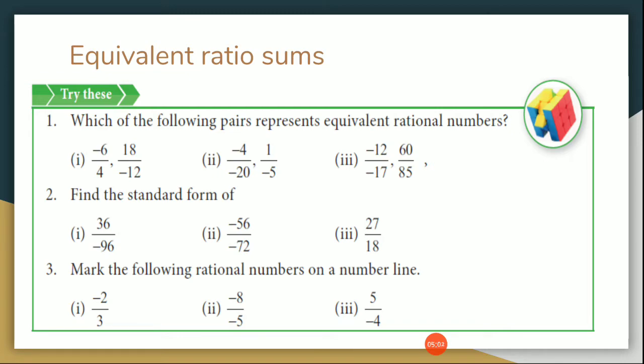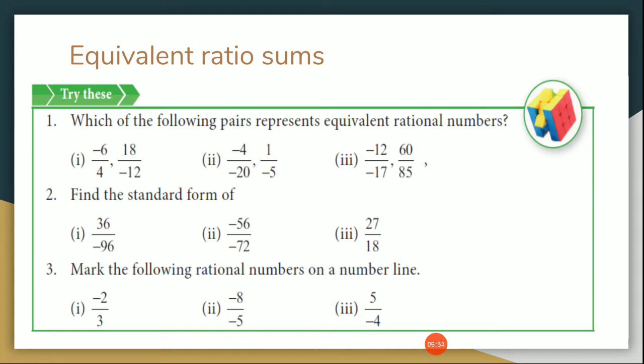So what they have done, they are dividing 1 into 3 equal parts. That is 0, minus 1 by 3, minus 2 by 3, minus 3 by 3, which will give you 1. Okay. So you are going to draw a number line, write 0, minus 1 by 3, minus 2 by 3, minus 3 by 3, and below minus 3 by 3 only number 1 will be there, and you are going to mark this minus 2 by 3.